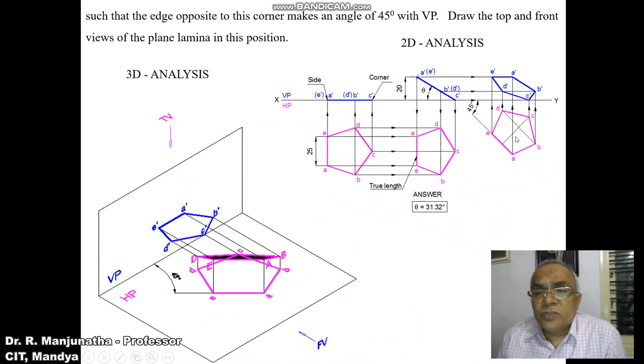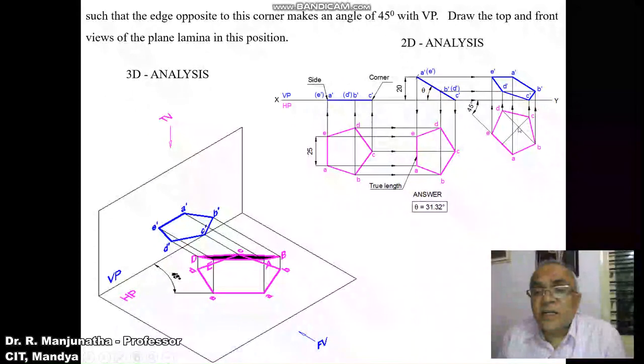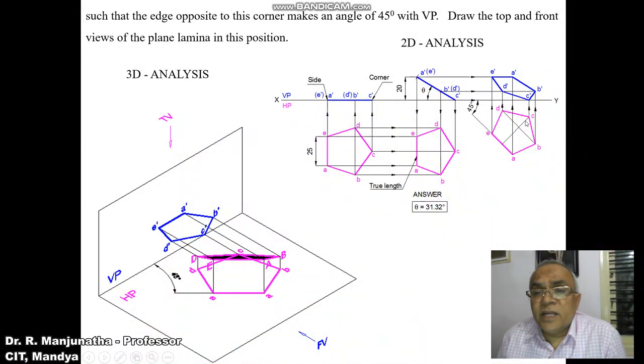So through C, with respect to this center, with respect to this inclined line, you measure an angle of 90 degrees and draw a perpendicular to this inclined line. Then you measure the distance from this point to B and also from this point to D. Both are going to have equal length, and you transfer it from this point beneath this and also above this. So you're going to get these points B and D. So you name them A, C, E.